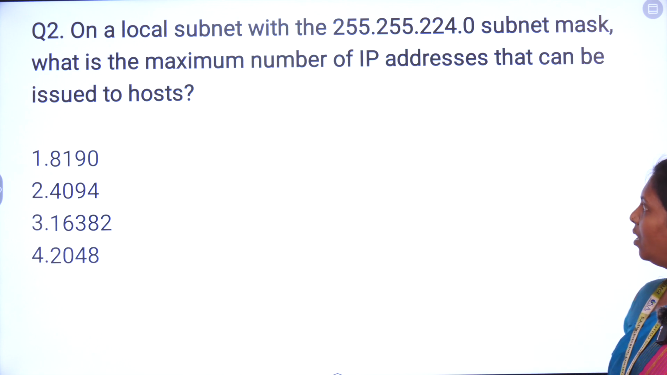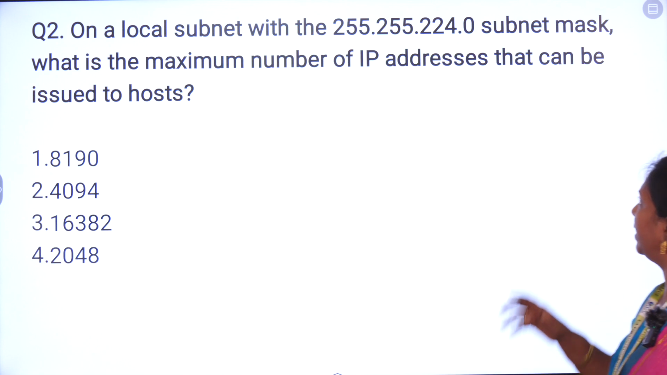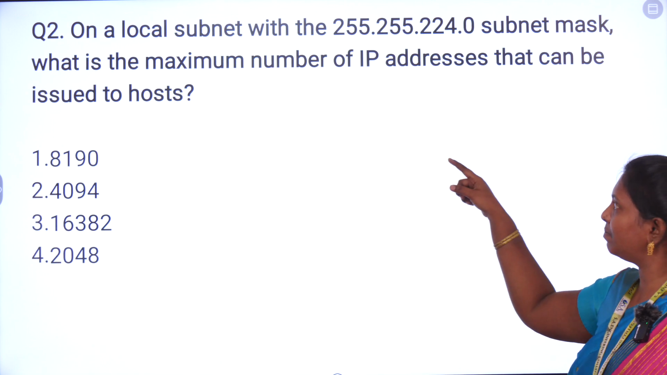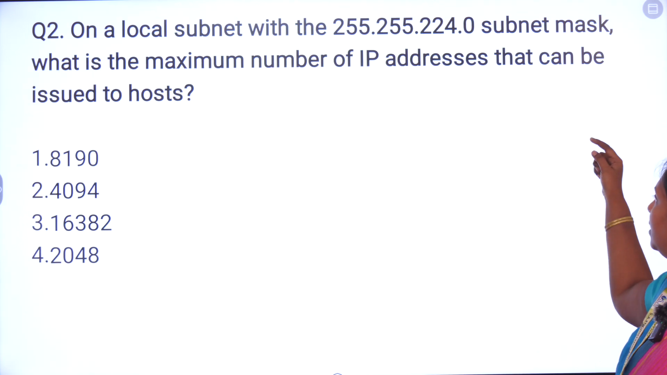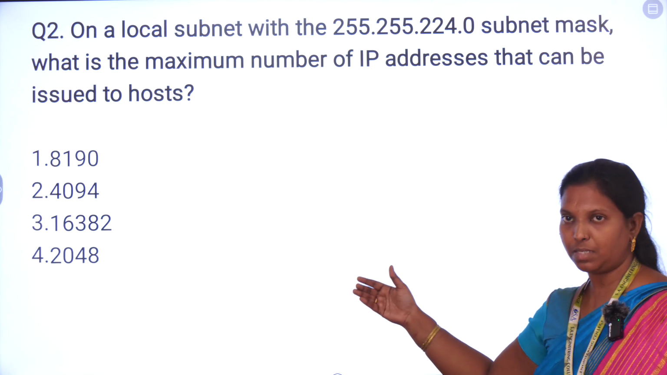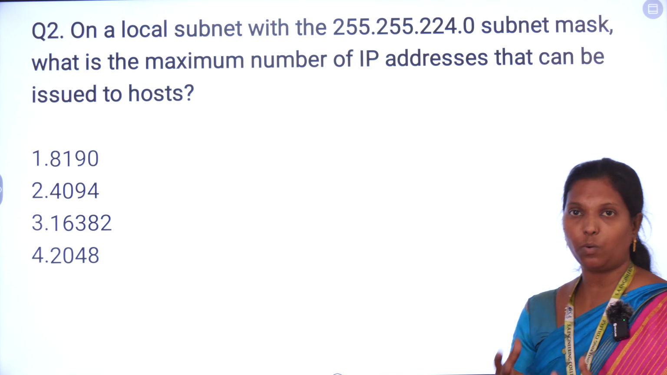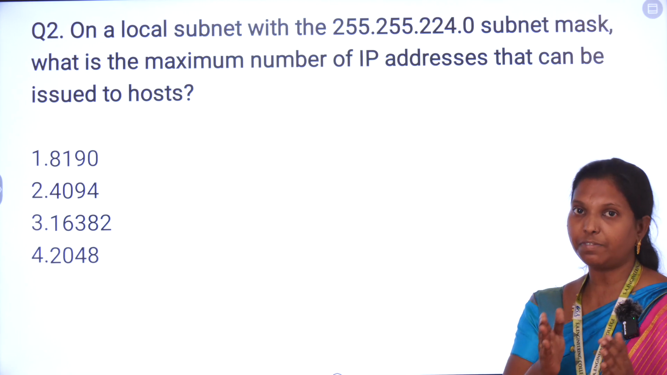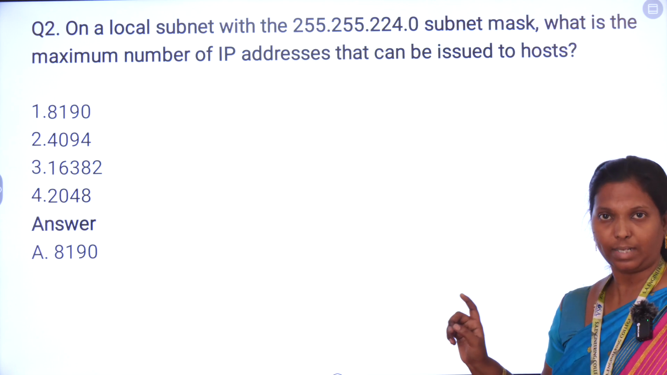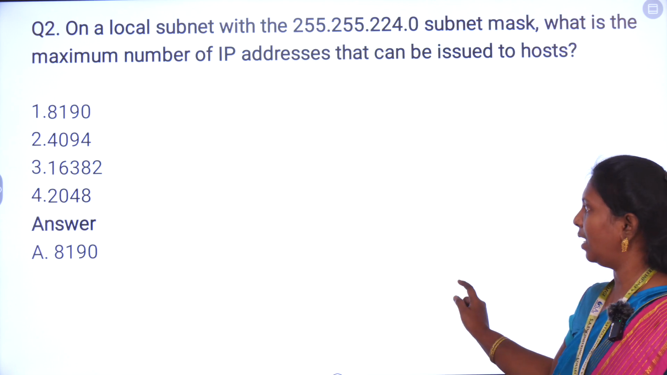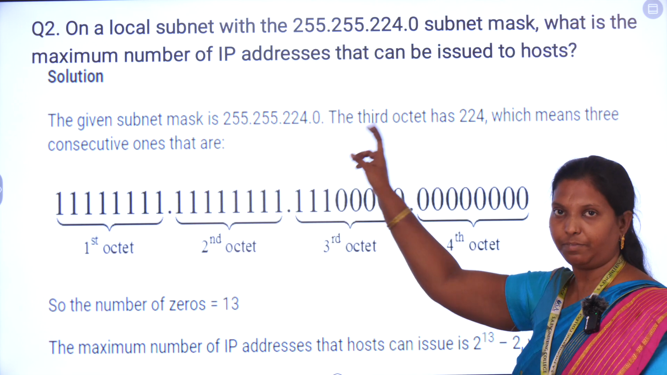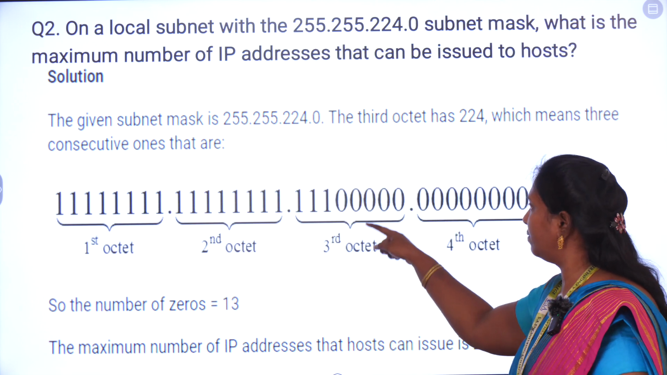Second question. On a local subnet with a 255.255.224.0 subnet mask, what is the maximum number of IP addresses that can be issued to the hosts? So out of these, they have given the numbers. We have to derive how many hosts can be accommodated with the format of a class B address. So the answer is 8190. And the explanation is, if we are having 255.255 from the class B addressing, and we have 224